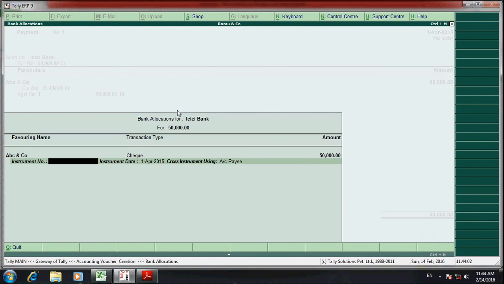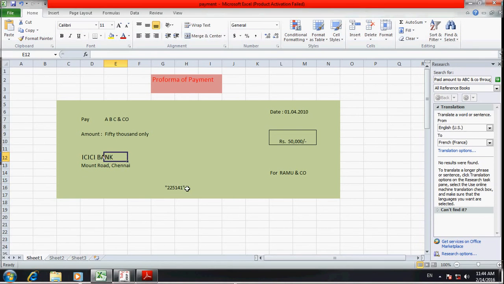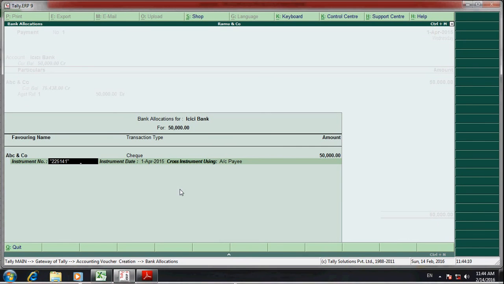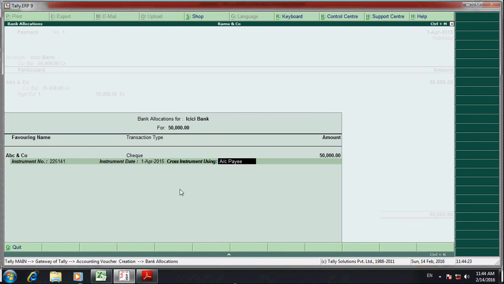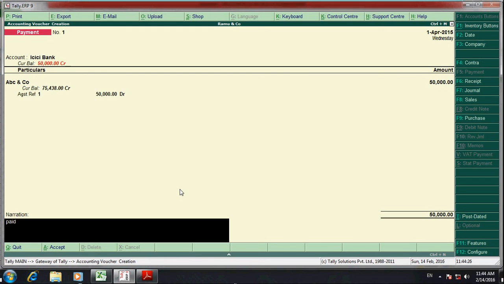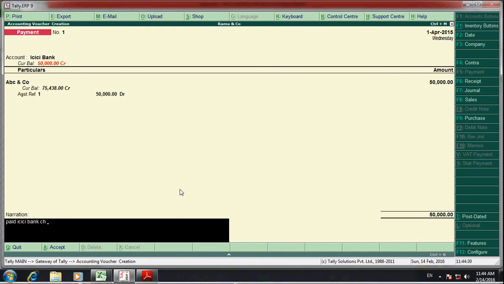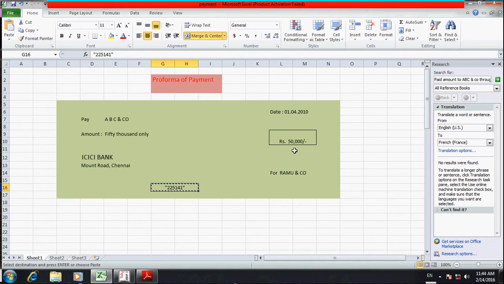Okay, now instrument number, this is the instrument number, so this you have to enter here. Paid ICICI Bank check number, this much, this is the check number, enter, this finish.